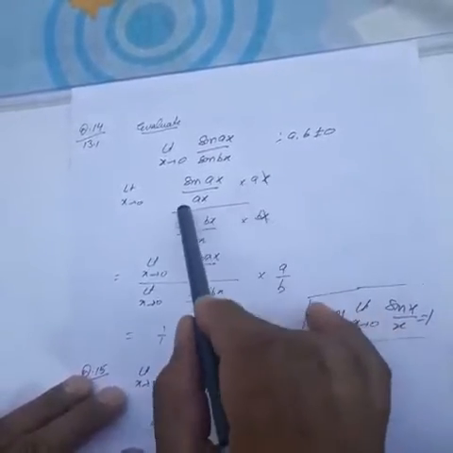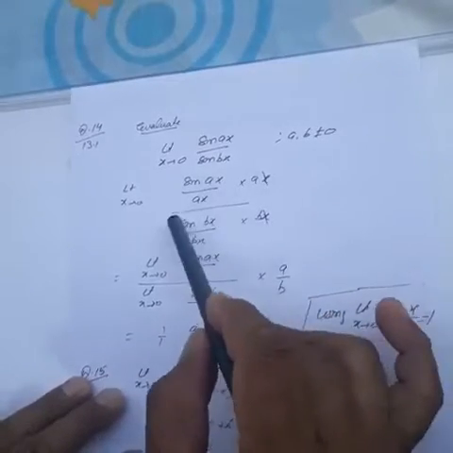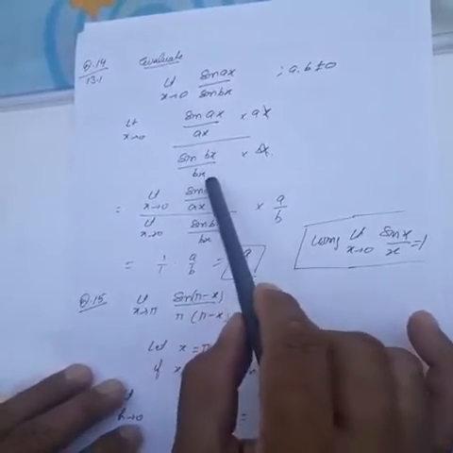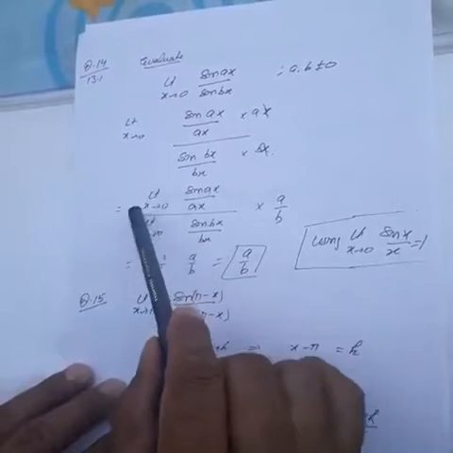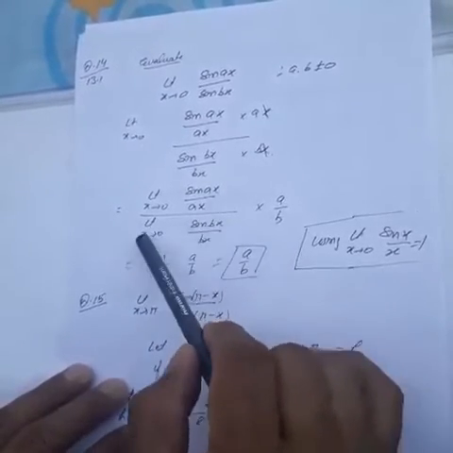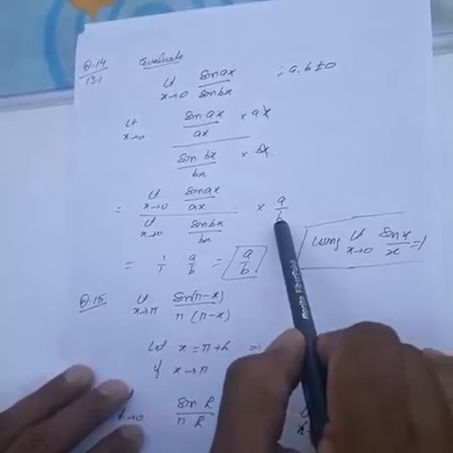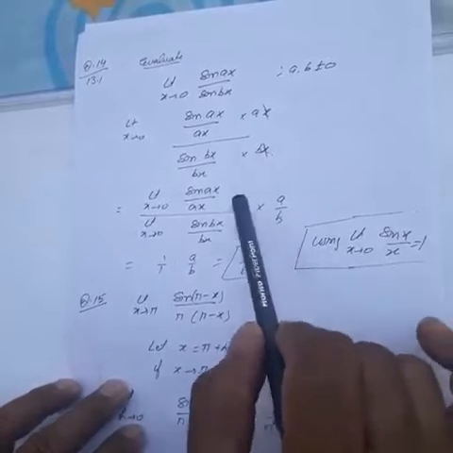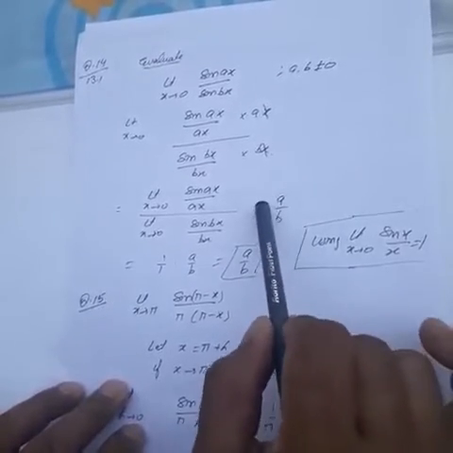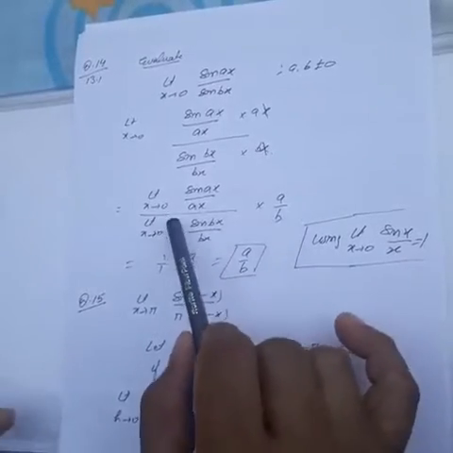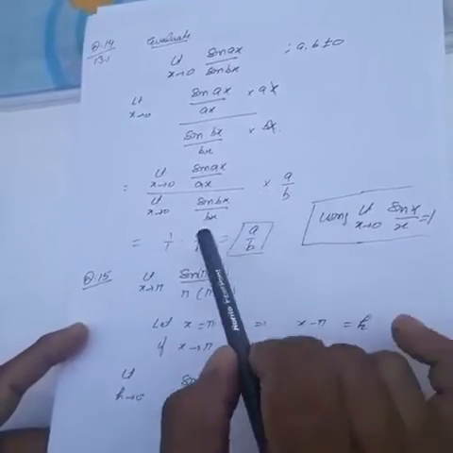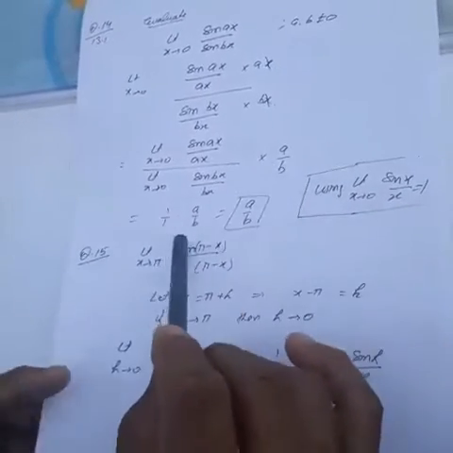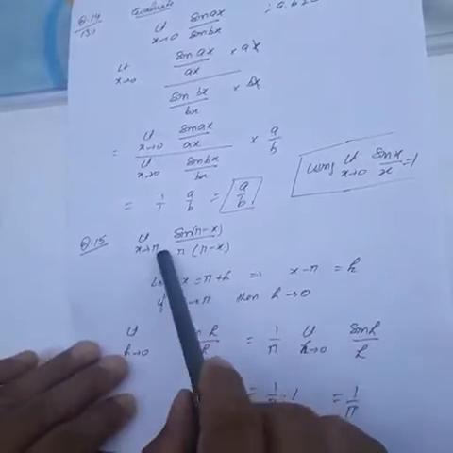And we can write these terms separately because these are now standard forms. We can cancel this x. So apply algebra of limits to it before applying the standard formula. Limit x tends to 0 sin ax upon ax, similarly the denominator into a upon b. There is no variable here, so there is no need to write down the limit with this function. If we have x here, then we have to write the limit. So now this is 1, this is also 1, into a upon b. So the answer is a upon b. So I hope it is clear. Now move on to question number 15.